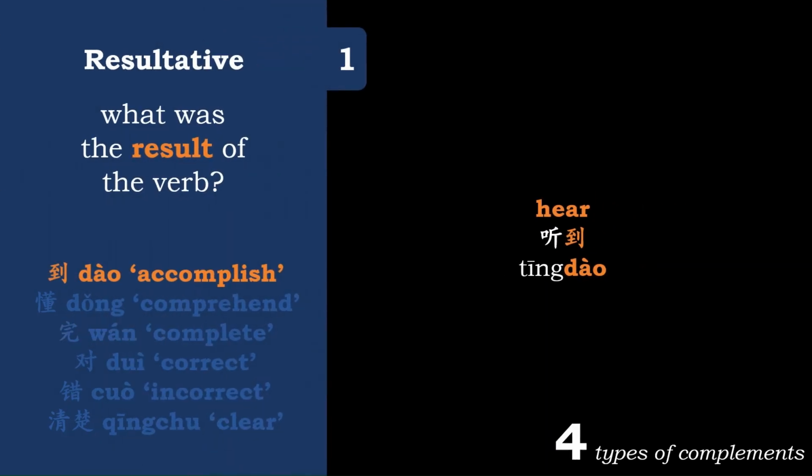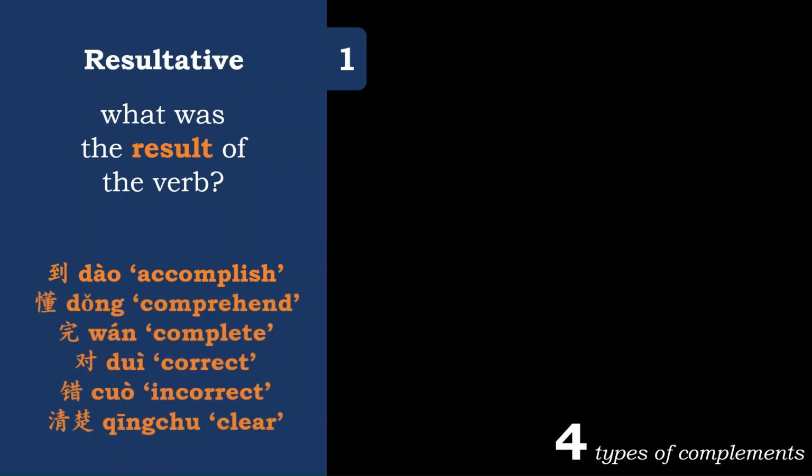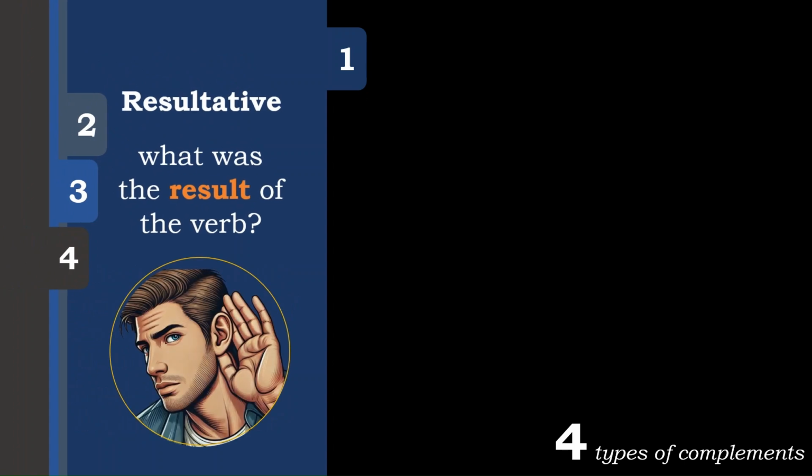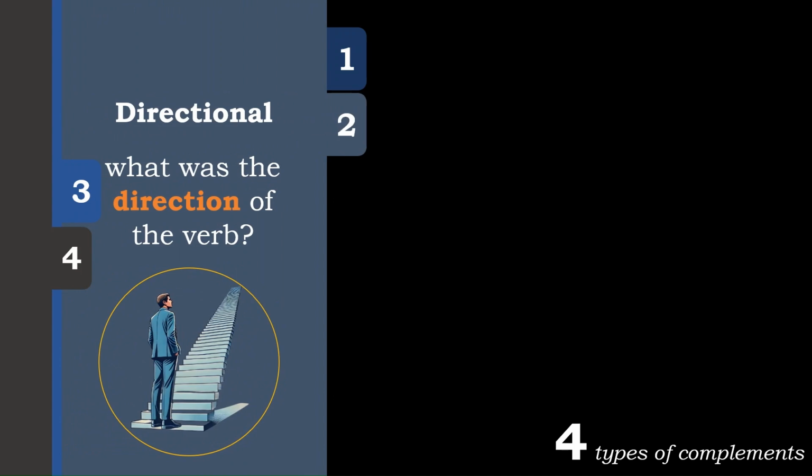To hear is 听到. I didn't hear you come in. 我没有听到你进来 or 我没听到你进来. So these are resultative complements which provide additional information by answering the question, what was the result of the verb? The second type of complement is directional, which answers the question, what was the direction of the